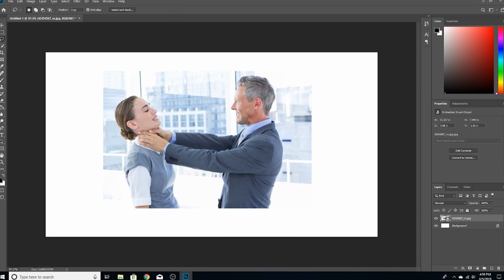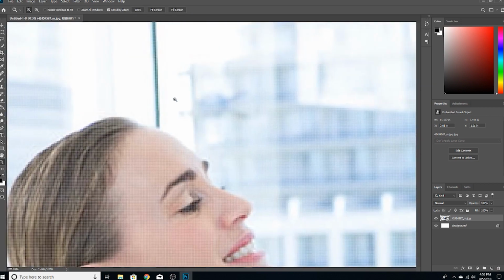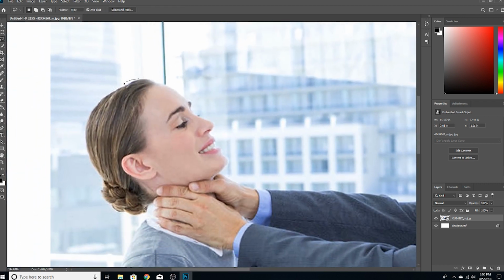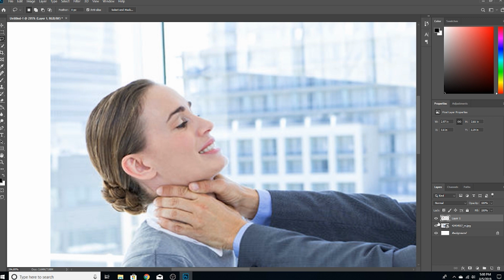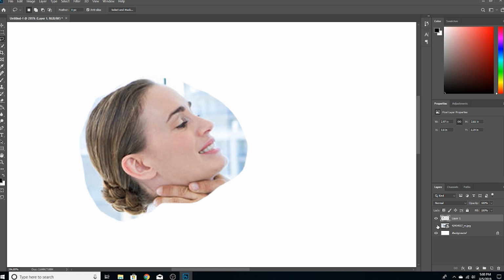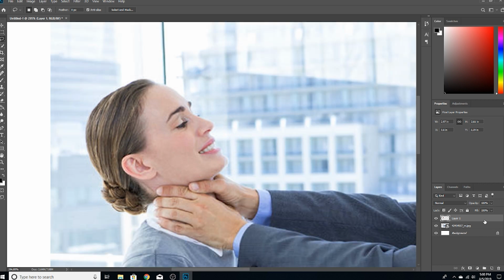With the lasso tool, say I want to cut her face out, this is a rough draft, or a little sketch there, I'd go ahead and cut her out, and then Command C it, then I can Command V it, and it'll put her layer right there. And if I want to get away from that and look at her actual face, you just press the icon right here, and it'll show her face right there. I can just go ahead and press that back on, and we don't want this layer, so I'll select it